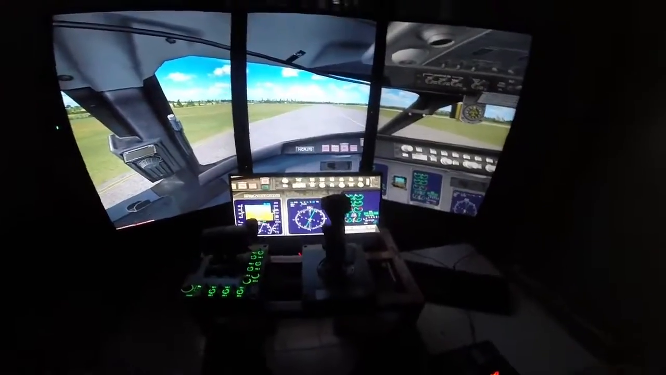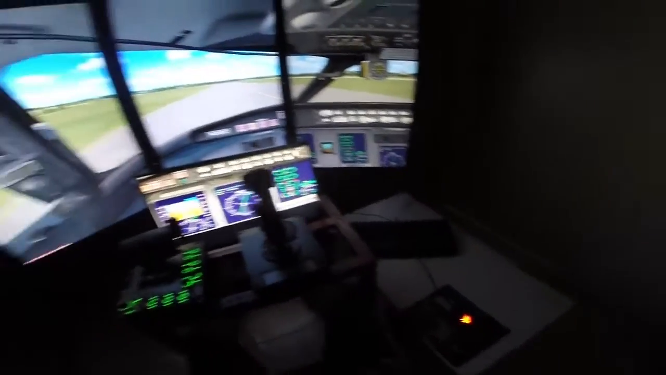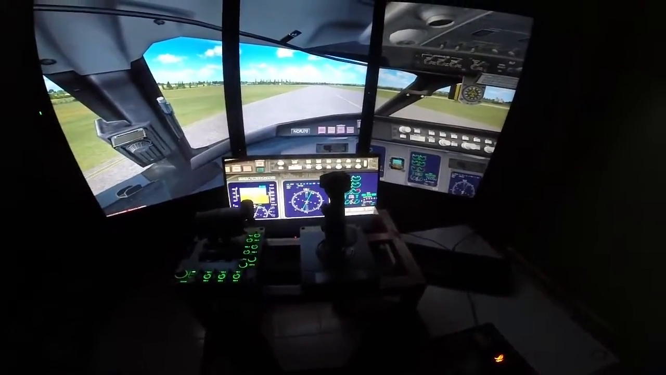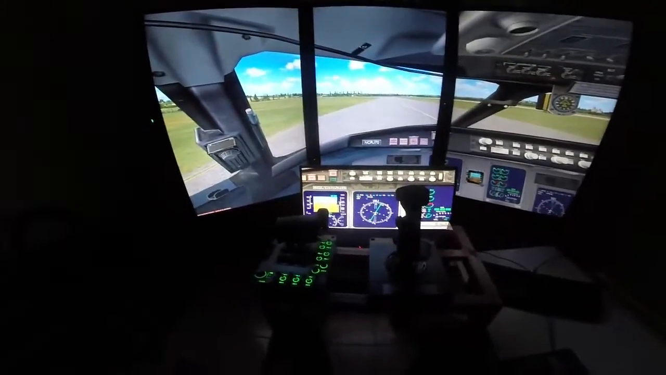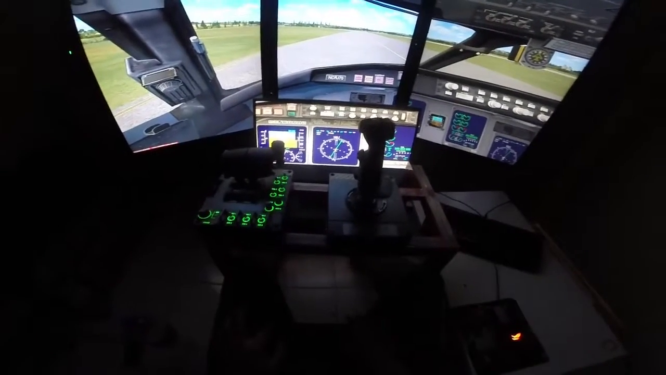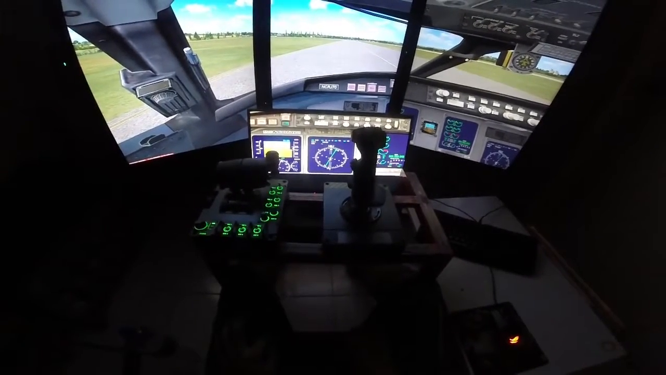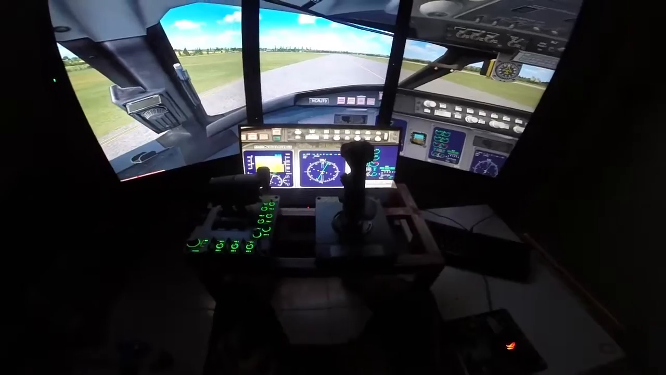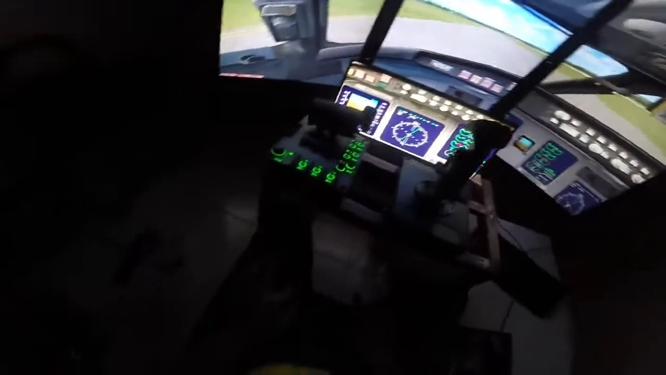Hari ini kita takkan berlumba. Saya nak cuba bawa jet pula di dalam setting kokpit terbaru saya yang saya buat khas untuk flying cockpit. Dan di depan saya ni adalah side controller joystick Saitek X55 Rhino dalam konfigurasi HOTAS, tapi saya akan bawa jet